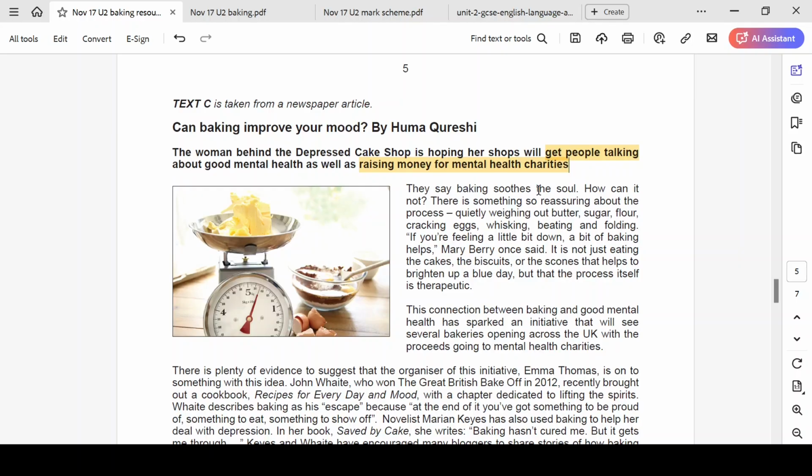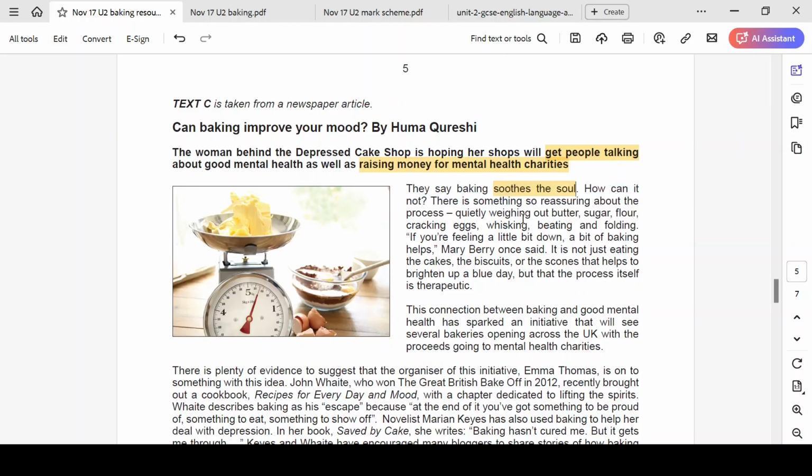Baking soothes the soul. How can it not? There is something so reassuring about the process, quietly weighing out butter, sugar, flour, cracking eggs, whisking, beating, and folding. If you're feeling a bit down, a bit of baking helps, Mary Berry once said. It's not just eating the cakes, the biscuits, or the scones that helps to brighten up a blue day, but the process itself is therapeutic. So soothing the soul,